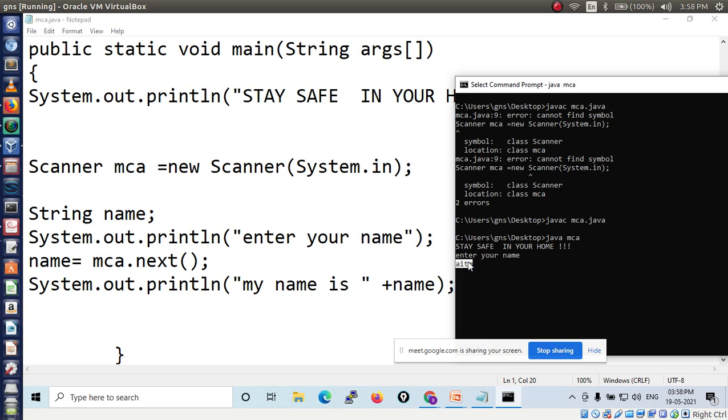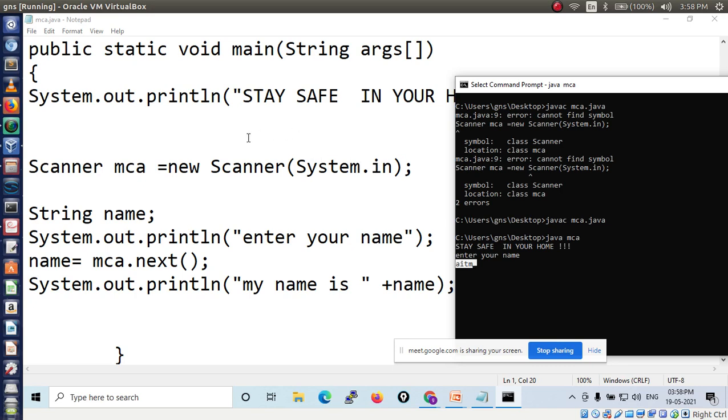Why is it typing AITM? Because I have created one object of the Scanner class. Your object name is MCA, equal to new Scanner(System.in). This AITM will be read and stored in your memory with the help of this parameter, that is System.in.